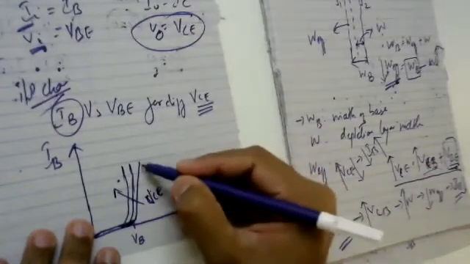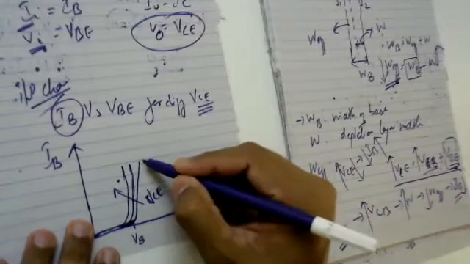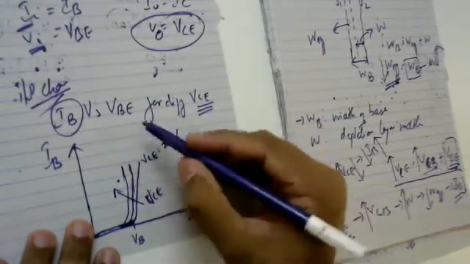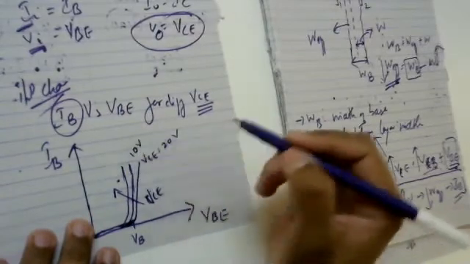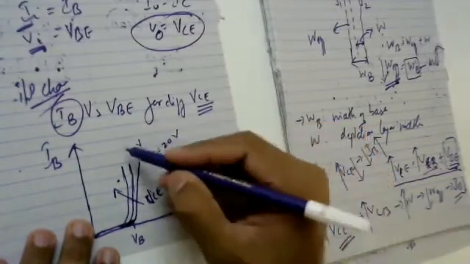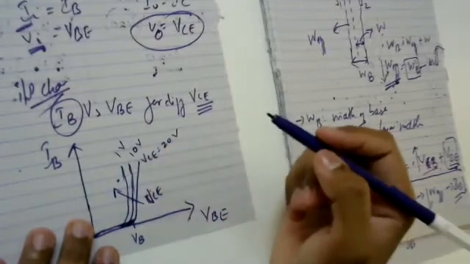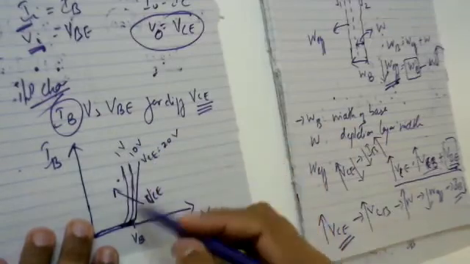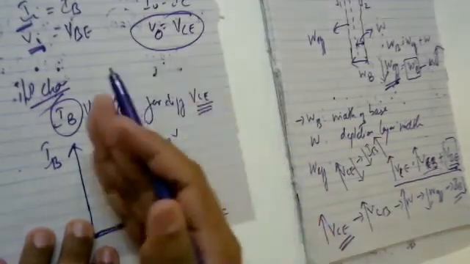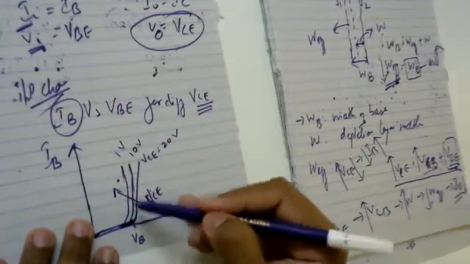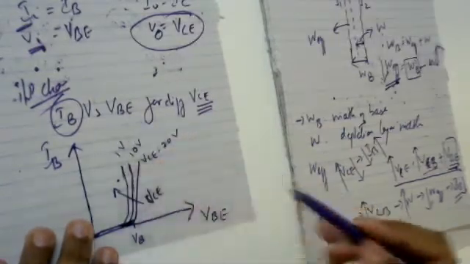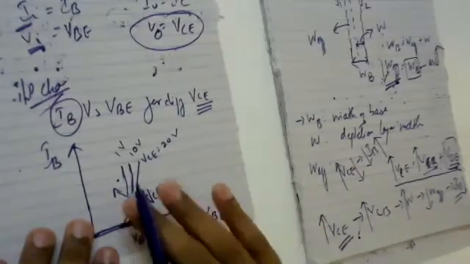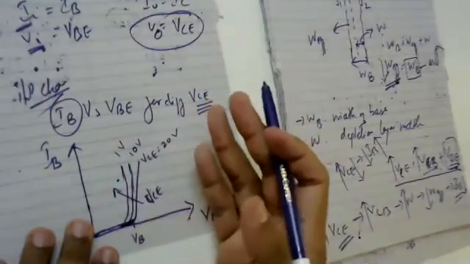It simply means to say the first response might be taken for VCE equals 20 volts. The second response is taken for VCE equals 10 volts. Third response is taken for VCE equals 1 volt. So for decreased value of VCE, if you see what change in IB, your IB is shooting very sharp. This is what this equation wants you to understand, which is something reverse in the previous case. I hope you remember it.